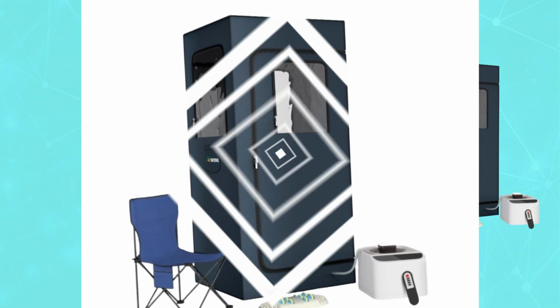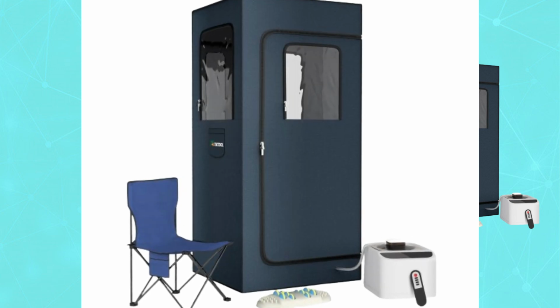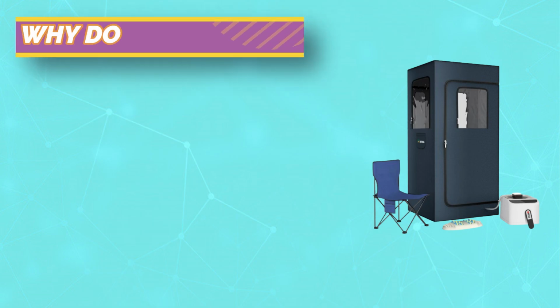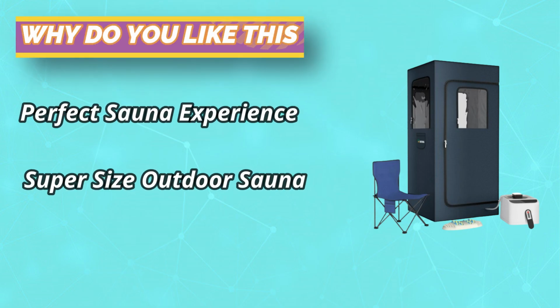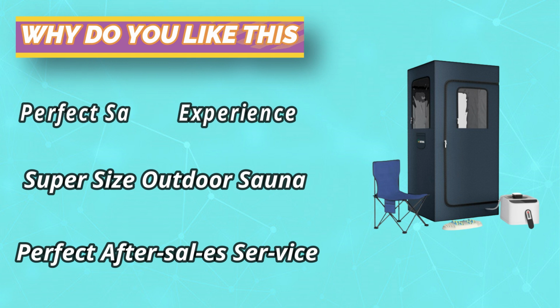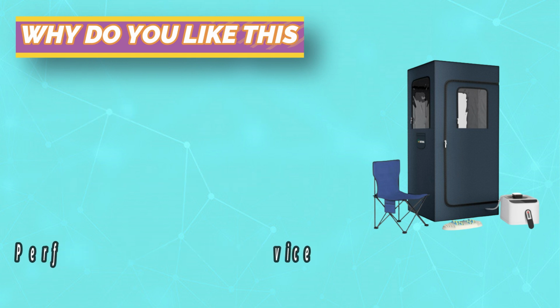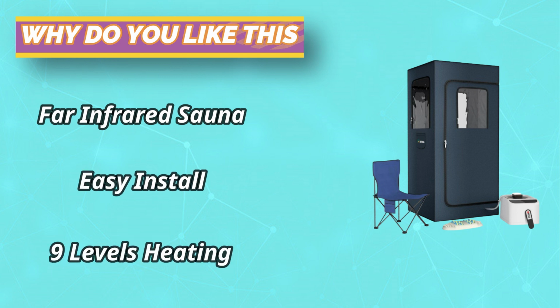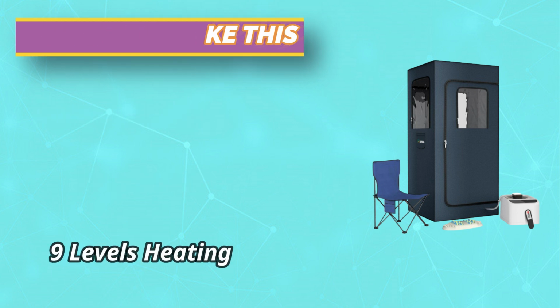The sauna steamer can be set to run for 1 to 90 minutes, allowing you to fully enjoy the steam sauna spa at home. The full-size personal sauna box is equipped with remote control that allows you to control the heating level and timing. The indoor sauna tent kit doesn't produce unpleasant chemical odors. The indoor sauna tent is made of high-density sealing material and waterproof canvas, which has the advantages of better heat